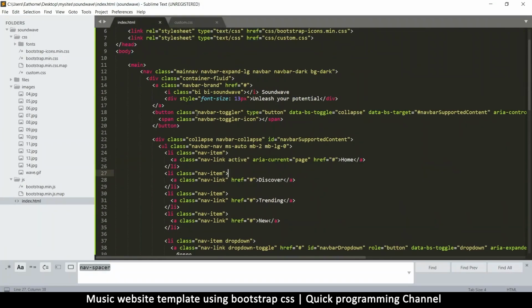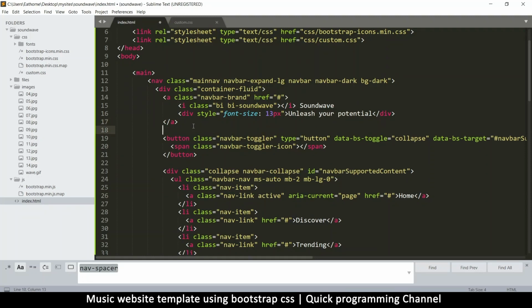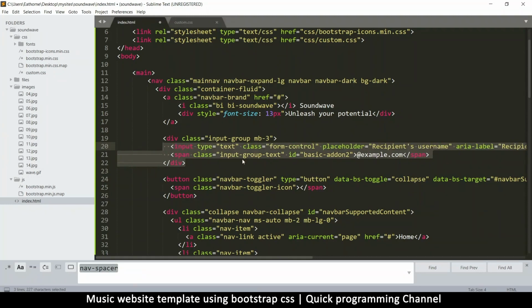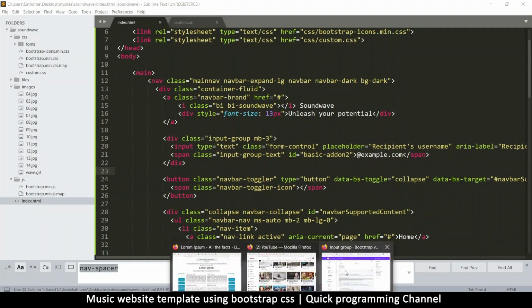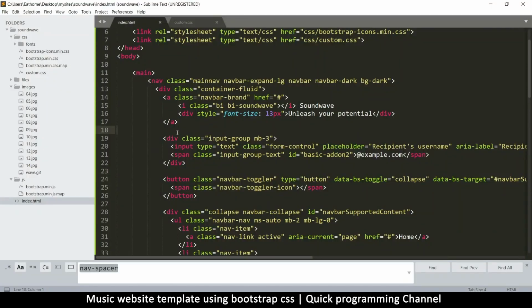So we are inside this navbar brand right there. So within this, let's see, what can I do? Maybe let me paste it here. So these things, just do trial and error when you're first starting. As you make more of these, you're going to get used to the whole system and how things work here. Okay, so we have this and it's expanding all the way here. So to prevent it from expanding,